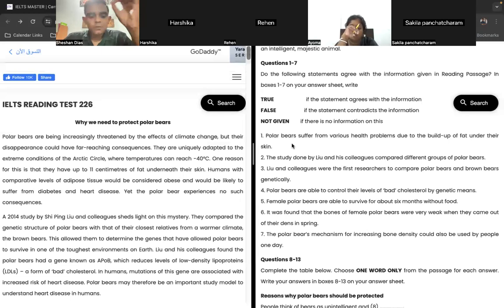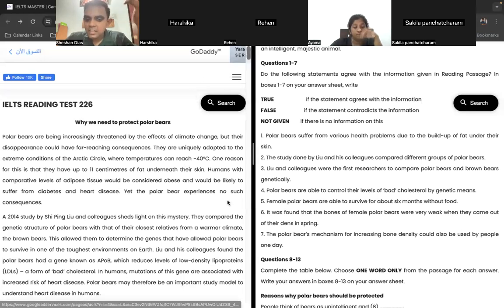Okay. Then we come to the actual techniques of finding answers. When you find answers, there are 3 things that you have to do. You have skimming, scanning, and focused reading. Now, when you first get the paper, the first thing you have to do is skim through the paper. Skim means you just go through the paragraphs and try to highlight the key words, right? There are a number of keywords that you should know.